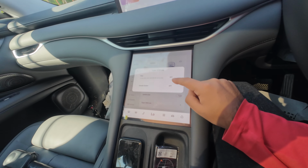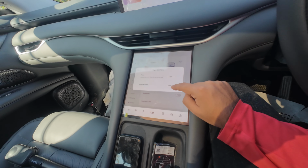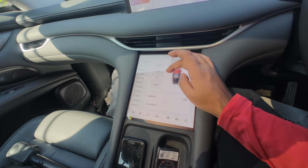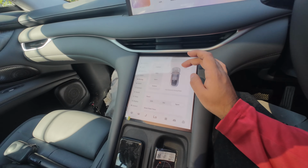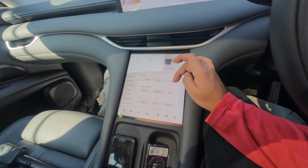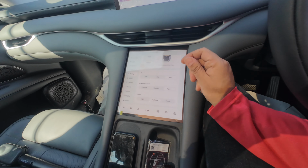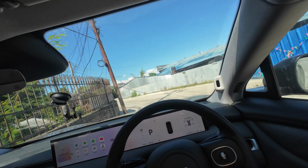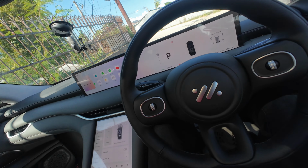Eco light, turn off the pilot and turn off the center console. I think that would be easier. But comfort, eco, sports, and custom, they're the different modes. In custom, you can toggle power, brake pedal force, the sensitivity, and the steering wheel weight. And then I don't know if I can do this right now, but